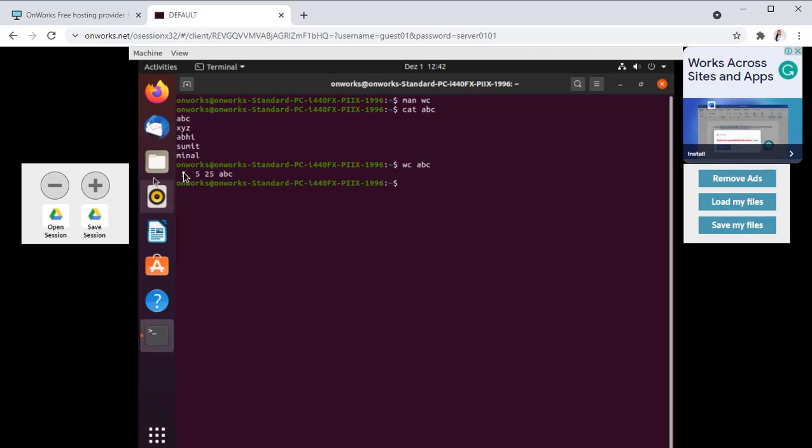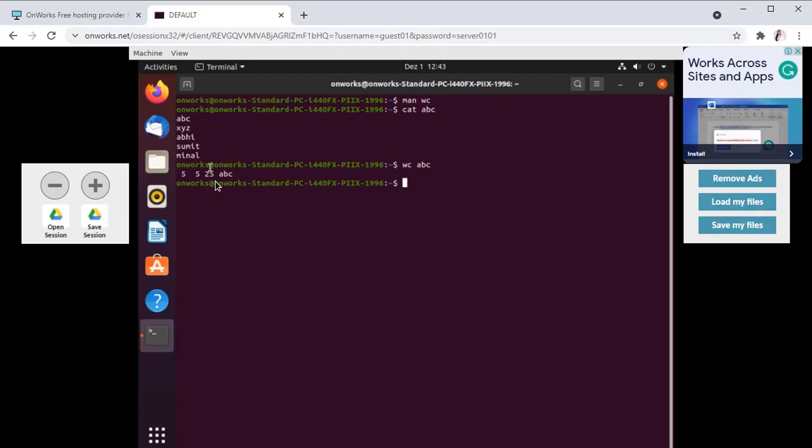The first 5 represents the number of lines in the abc file. So 1 2 3 4 5 lines are there. Then the second 5 indicates the number of words in the file. So 1, 2, 3, 4, 5 words are there. Then the third number indicates the number of characters in the file.